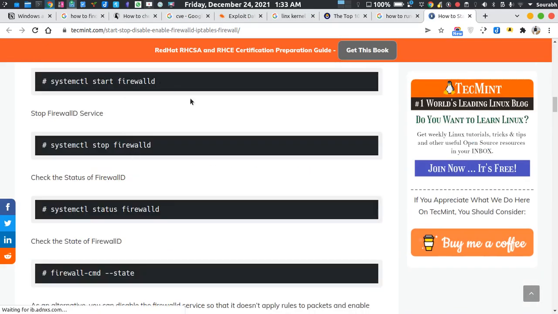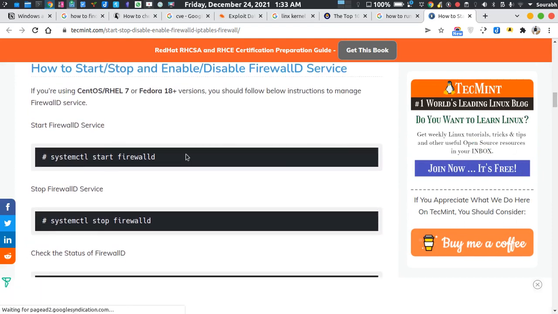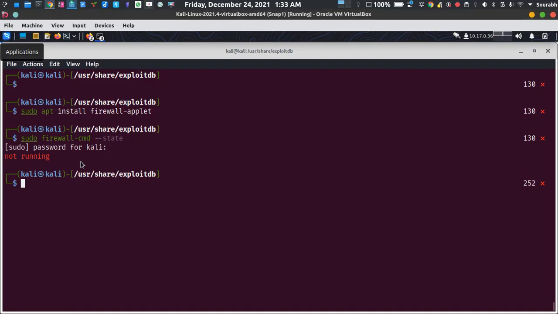For firewall, there's a command called systemctl start firewalld. Let's copy this and find out if it's working or not. If it's not, then we can move on to another topic. Let me check whether it requires sudo permission.